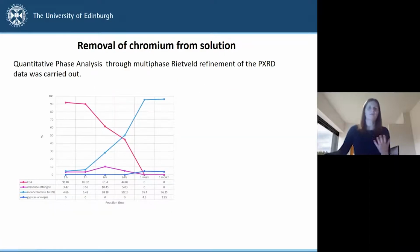So because we have high resolution data, as well as just identifying the phases that are present, we can actually do some modelling of the data and do quantitative phase analysis, so work out the proportions of each of these crystalline phases that are present. To do structural modelling, you need a model of the structure, and this is a bit tricky to start with for our